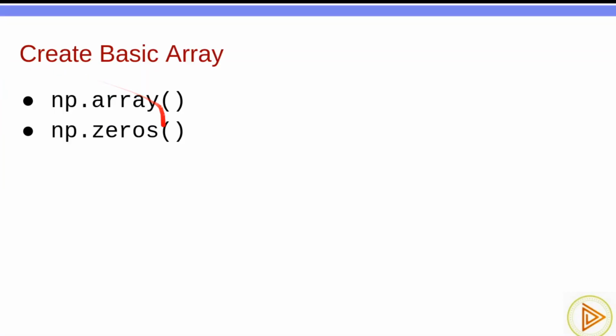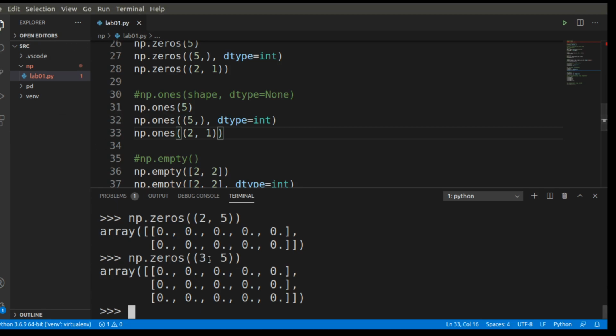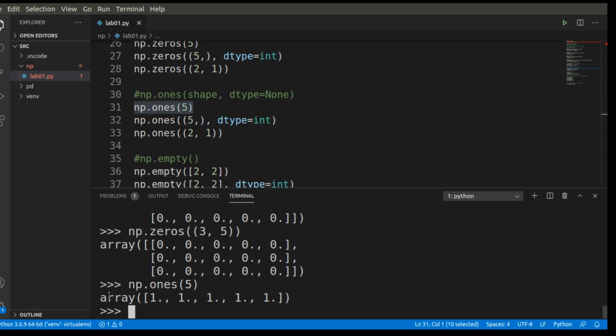We have covered the first two methods. Next one is np.ones. There is a close similarity between np.zeros and np.ones. You can see, right? After starting coding, I have used np. That is why we are giving a nickname to numpy, that is np. It is very easy to use. So let me generate 5 ones. You can see it generated 5 ones.